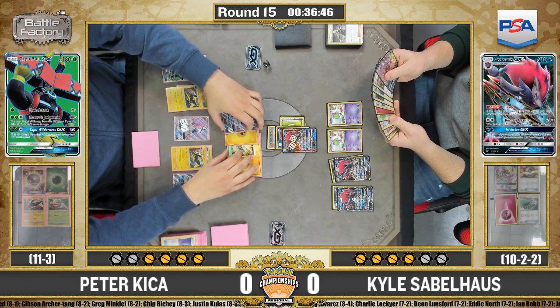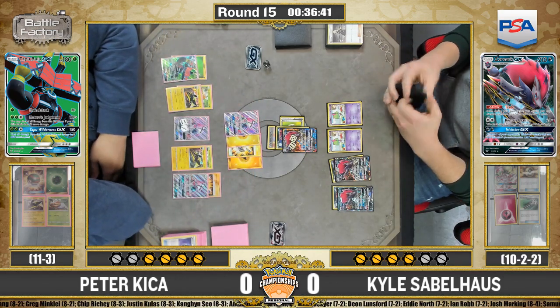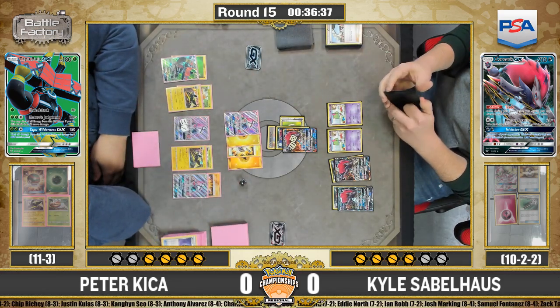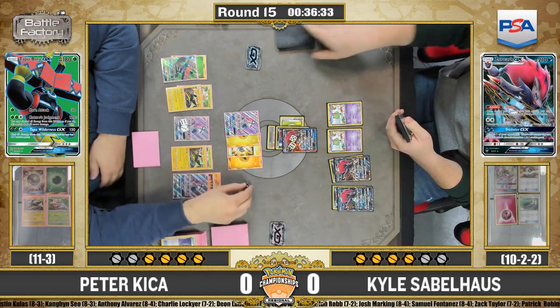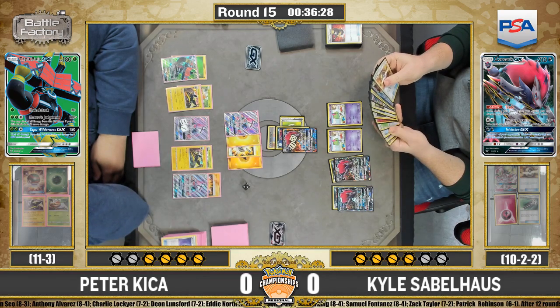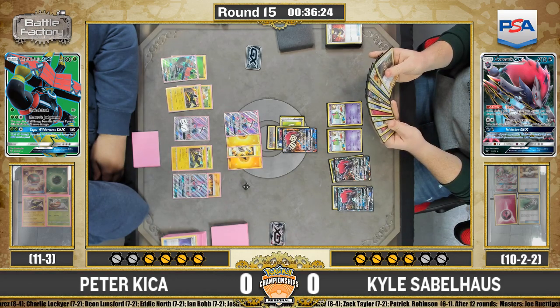Yeah, we do see Kyle already having that Field Blower in his hand. He has 1 puzzle at a time. If he's able to find the second puzzle, he's going to be able to not only get that second Gardevoir GX out, but really just be able to set these next coming turns out. Yeah, he's going to keep trading in order to find the cards. In order to do that, not playing any copies of Rescue Stretcher, that is Kyle. So the only way he's going to be able to get that Gardevoir back is through the Puzzle of Time,